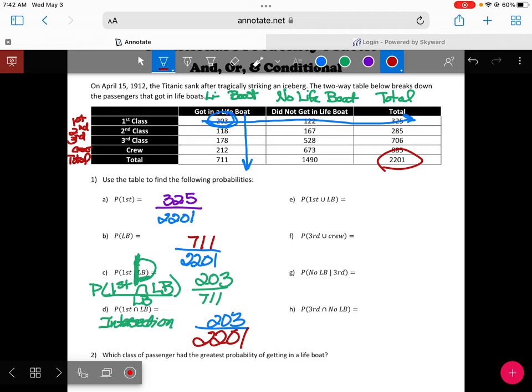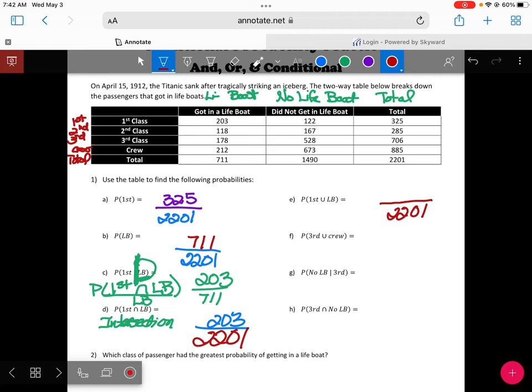Is this getting really confusing now? Or is it making some sense? Okay. All right, letter E. Let's just talk about the denominator right away, because that should be something you should be able to figure out right away. So letter E, what is my denominator? Oh, shoot. What is my denominator? 2,201. The denominator, the bottom. Now that was 2,201. Right,